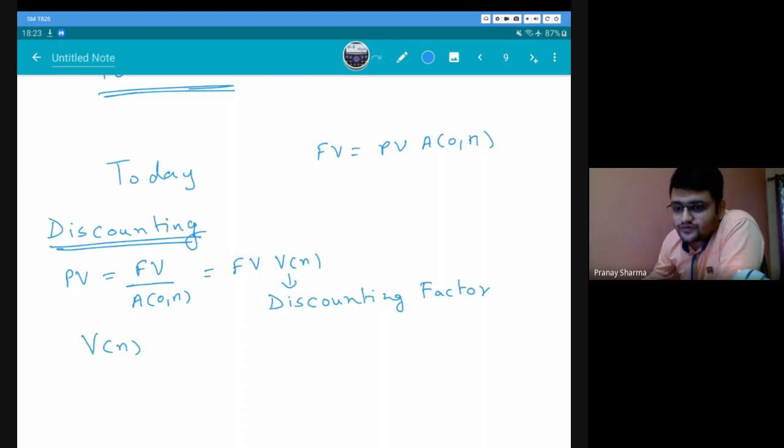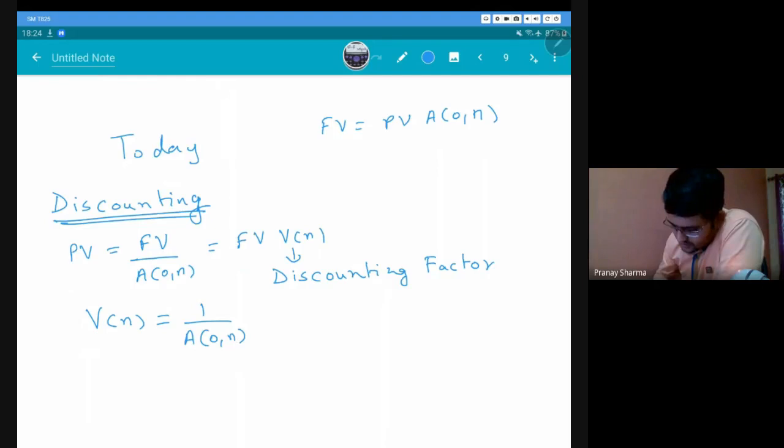Now, when we have different rates, we'll talk about that later on. We have a lot of chapters to go through. We will cover when the rate is increasing, when it is decreasing, when it is fluctuating, whatever, everything will be considered. So don't worry, we will have cases with different rates. Right now we are assuming the same rate of interest. So for the discounting factor, it will be nothing but 1 upon our accumulation factor. So this becomes our discounting factor.